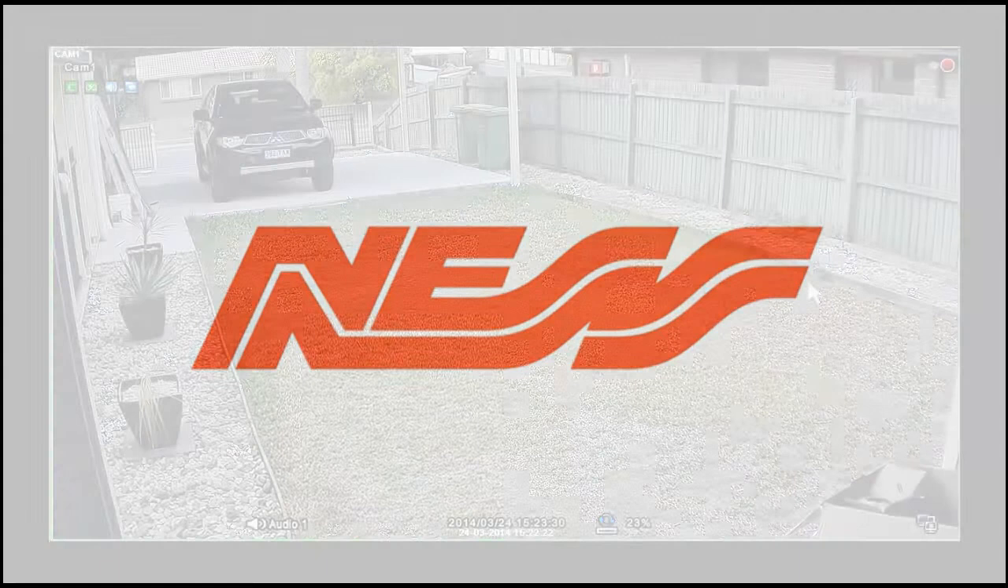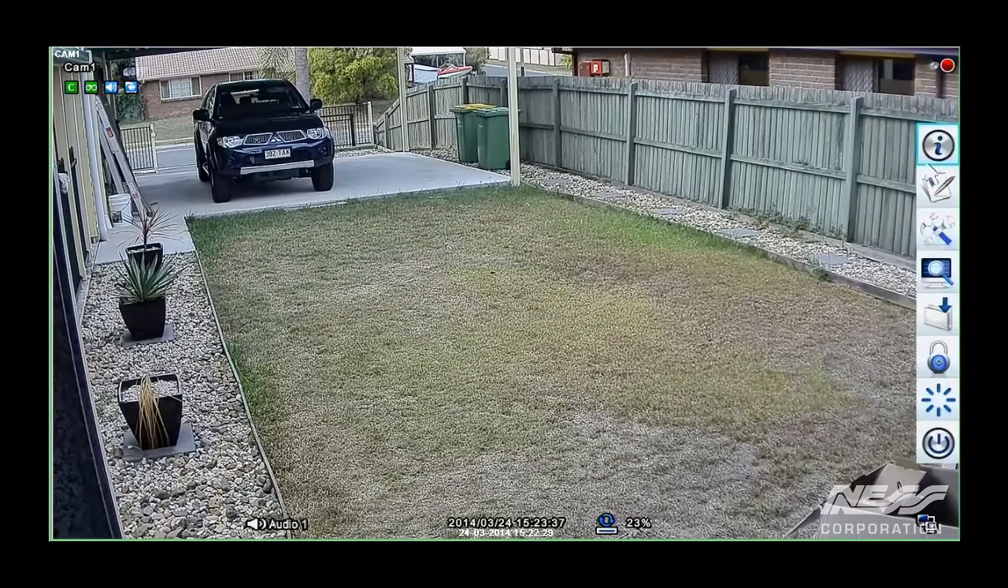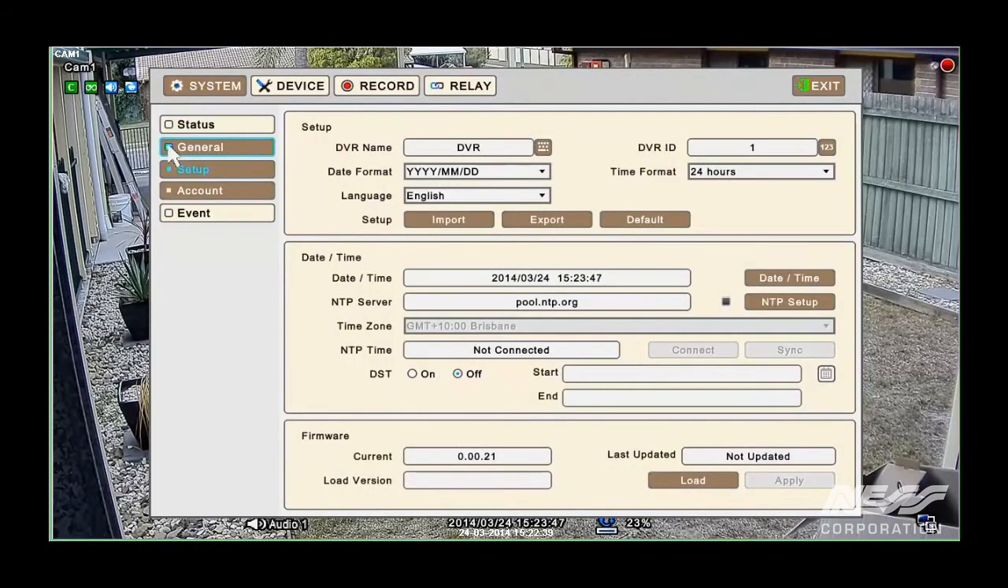In this video, I'll show you how to adjust the time on a Ness HD IQ Series DVR. First of all, we roll our mouse over the right hand side toolbar and we come down to our third button there on the right, which is the setup button. Come across to our left and hit the general button, and you'll notice in the middle there is the dialog